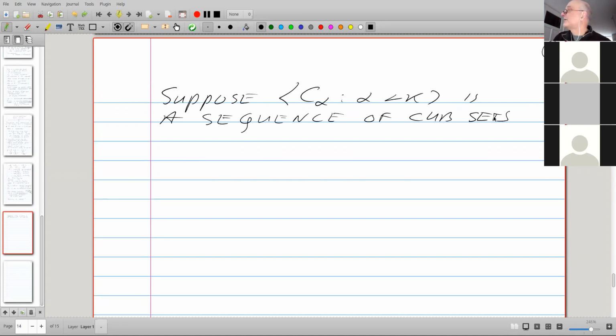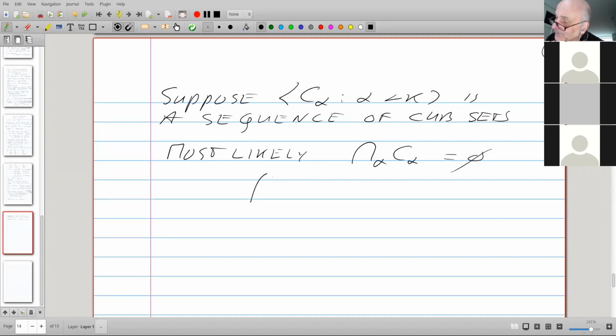If you take a kappa sequence of closed unbounded sets, chances are that the intersection is empty.